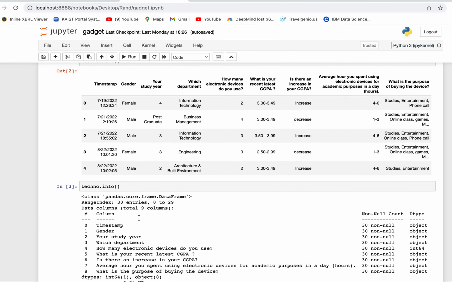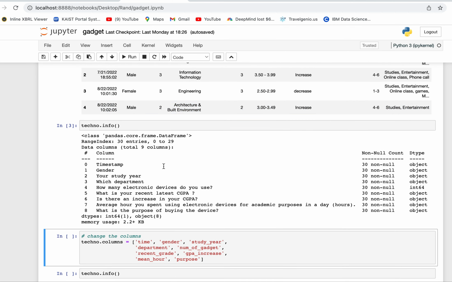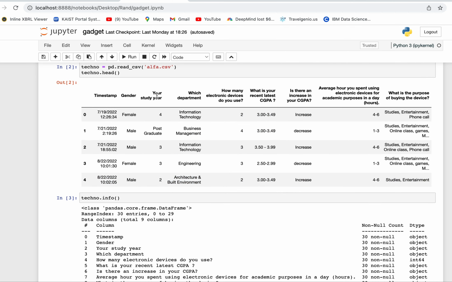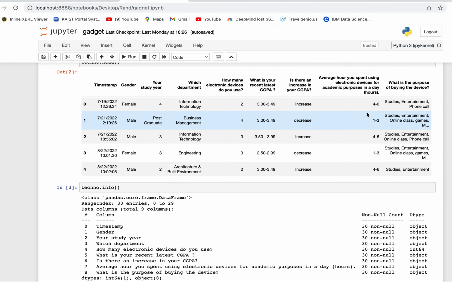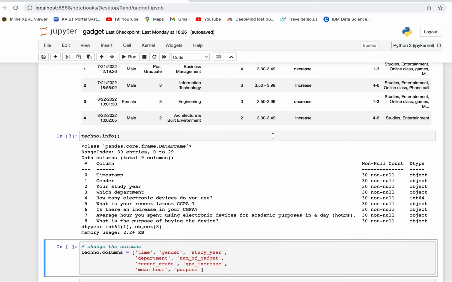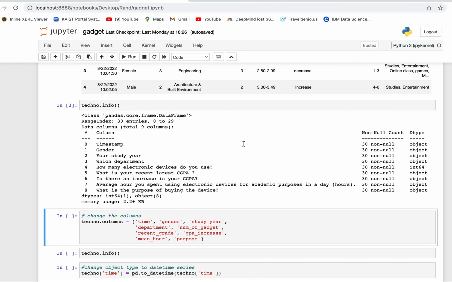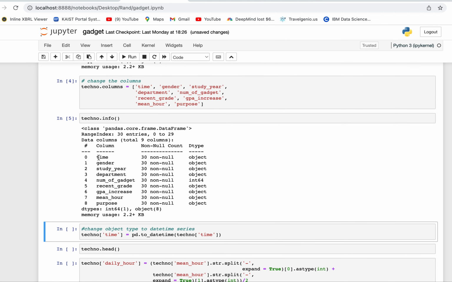So time instead of time step, gender instead of gender, study year instead of your study year, and at the end purpose instead of what is the purpose of buying the device. So I'm changing the columns. If I run this and see, now my columns changed,